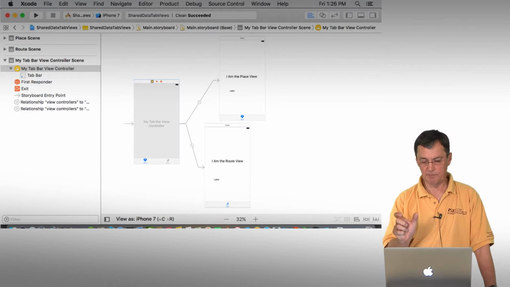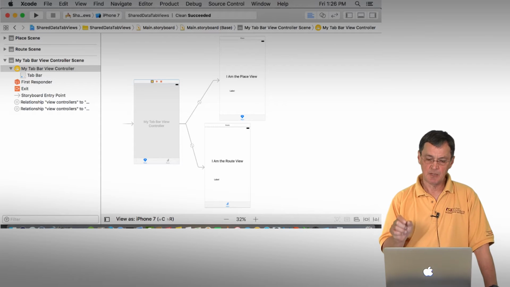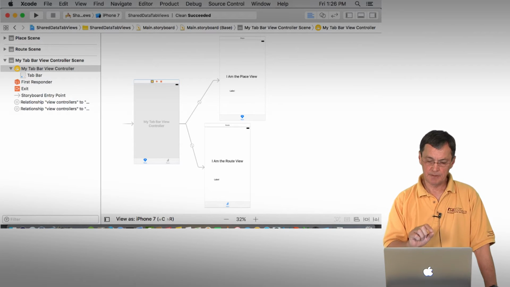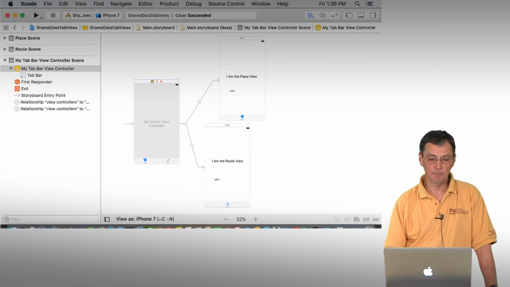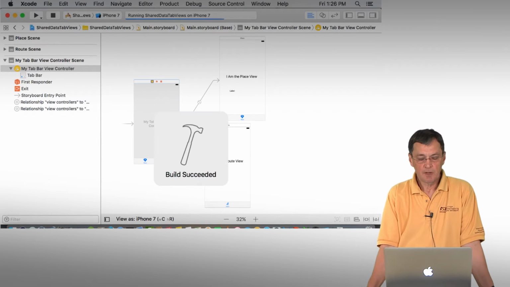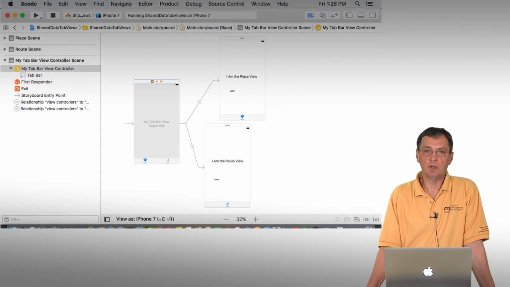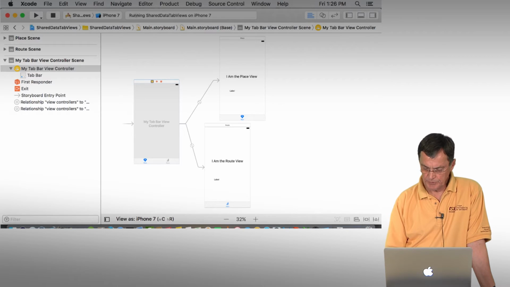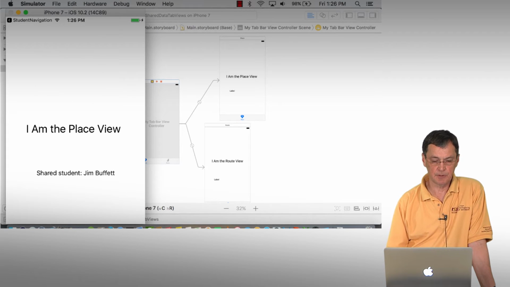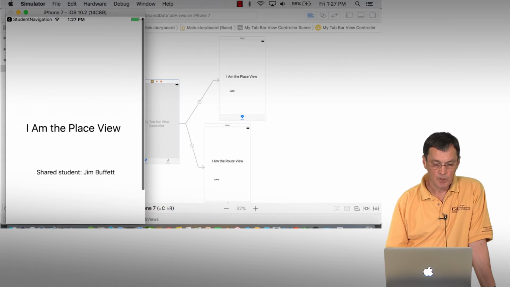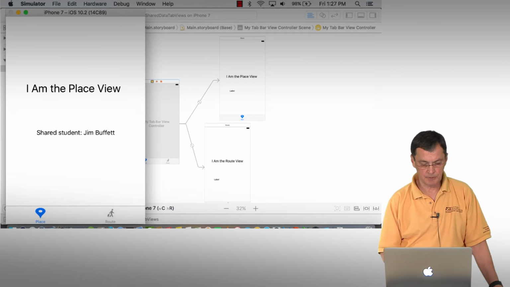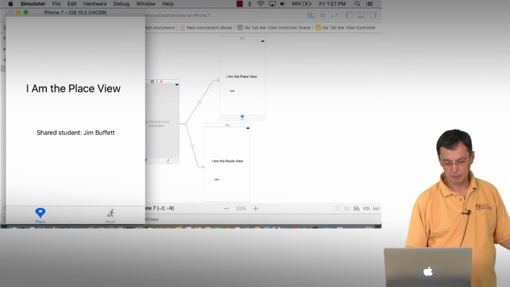Obviously, you can have several different tabs across the bottom. That tab bar controller makes sure the tabs show up in all of the different scenes or views. And let's just take a look at this one in execution as well, so you can see the difference, and then we'll go back and actually try to build them, or show you building them. So in this particular case, the tab is across the bottom, and I've got a place tab and